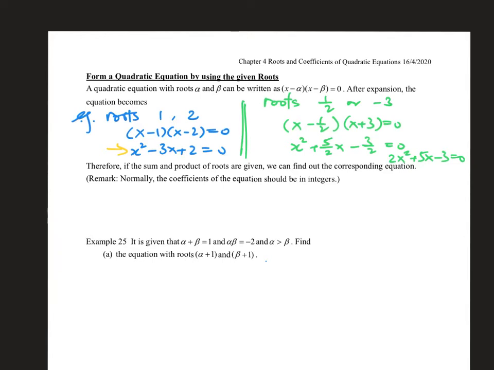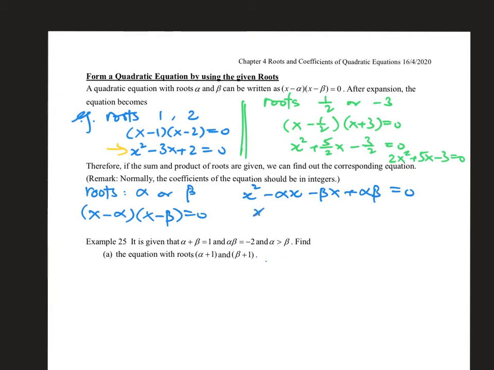Hopefully this illustration is clear enough to you. Now we come to what if we have the roots alpha and beta this time. By the same logic, you have x minus alpha, x minus beta, that's the equation. If you expand it, it's x squared minus alpha x minus beta x plus alpha beta. And if you group the terms, you have x squared minus (alpha plus beta) x plus alpha beta